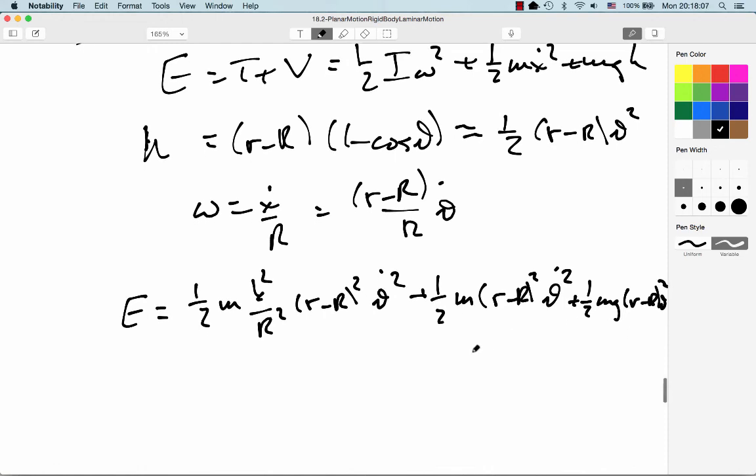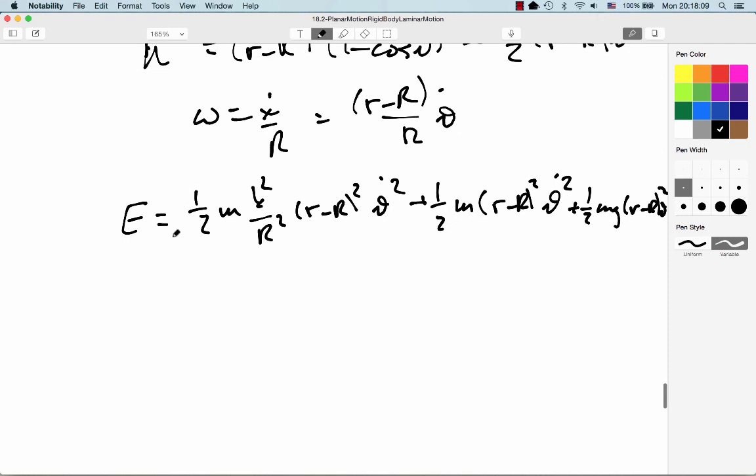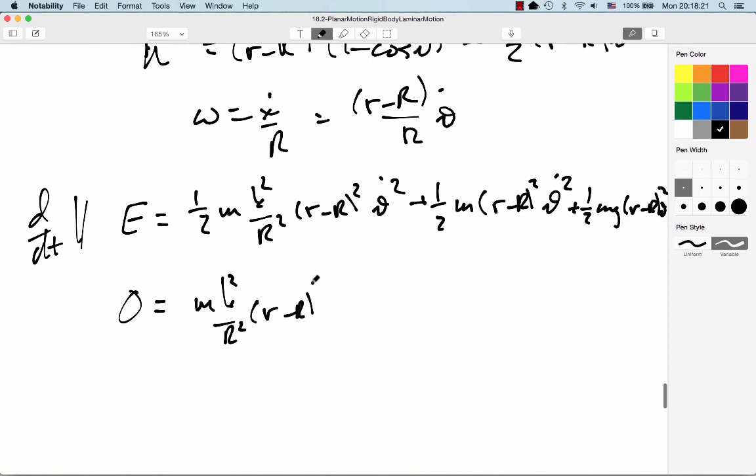And we can differentiate that with respect to time. So the energy is a constant, so differentiating all this with respect to time gives me that as a 0. So here I get m k squared over r squared, (R minus r) squared, theta dot, theta double dot, plus m (R minus r) squared, theta dot, theta double dot,